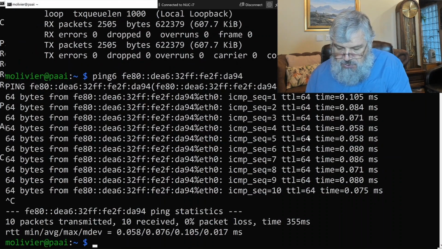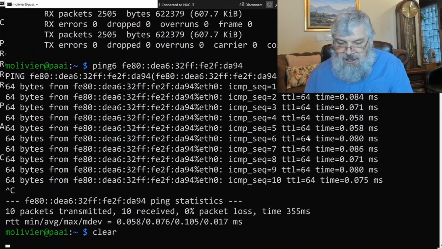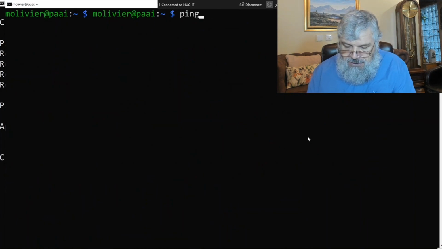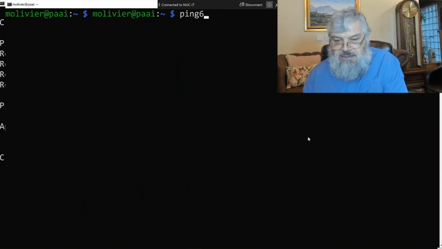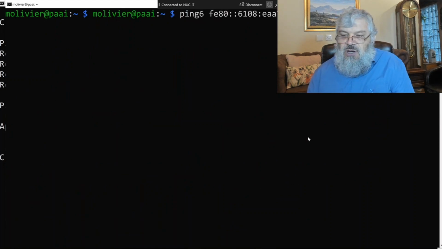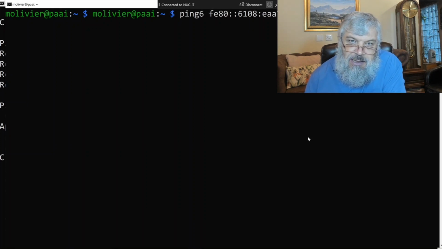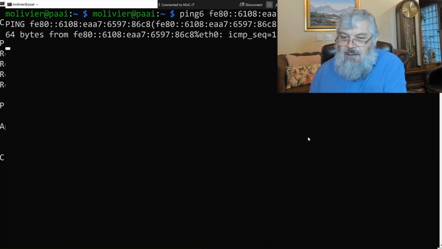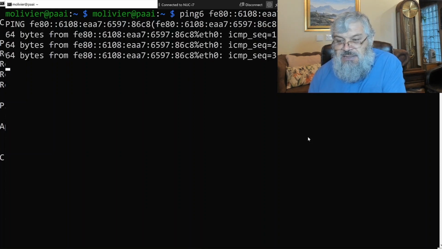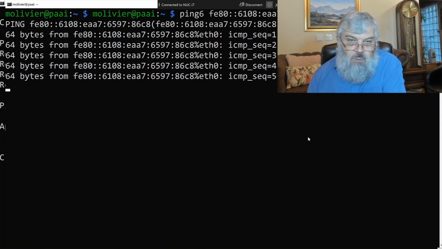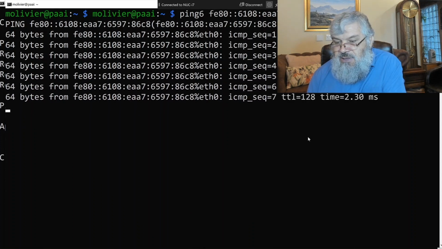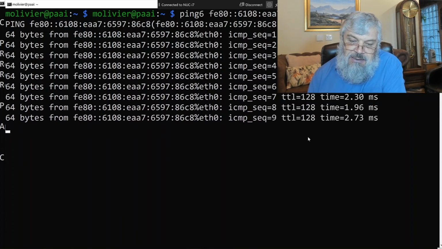But going back to the Raspberry Pi, if I ping6 the address that I've just copied from the Windows machine, then it happily pings it with ICMP sequences and everything else indicated.